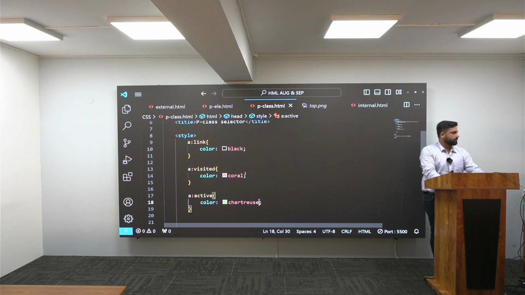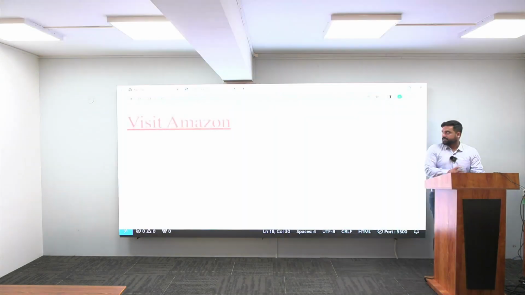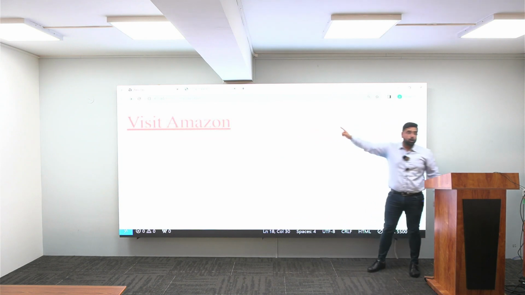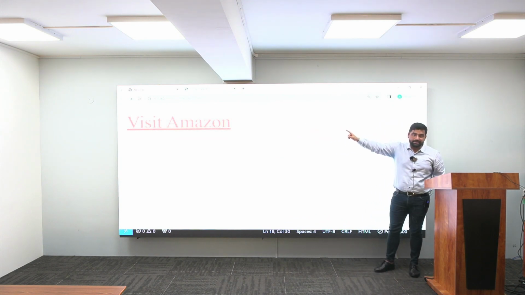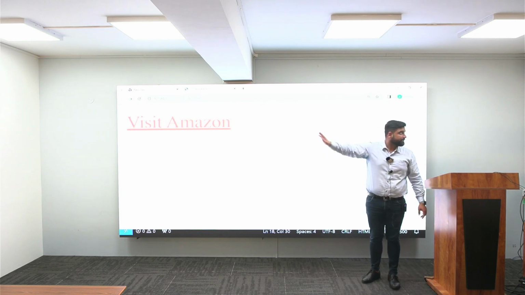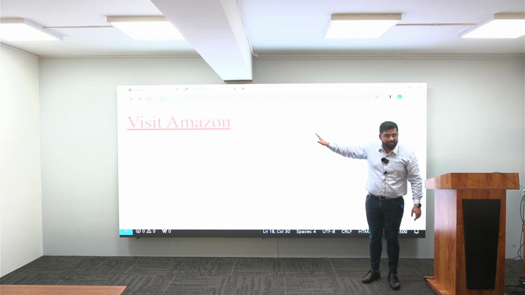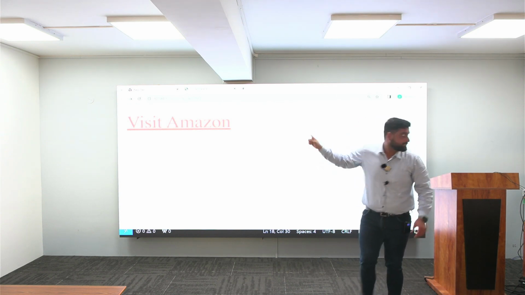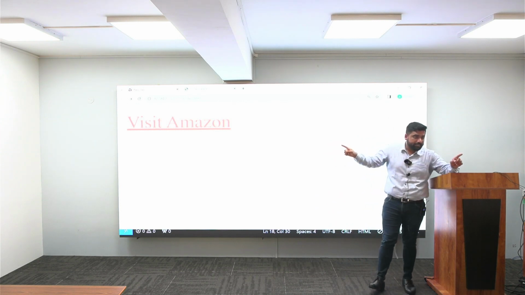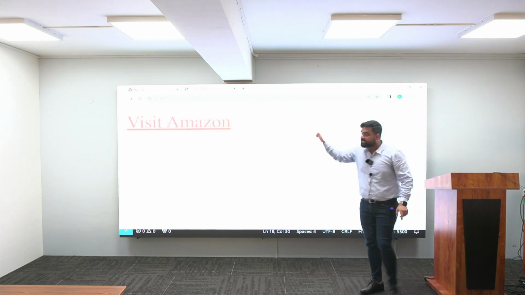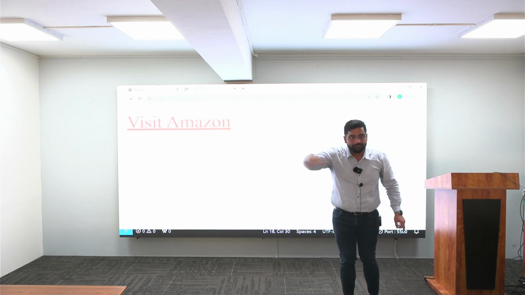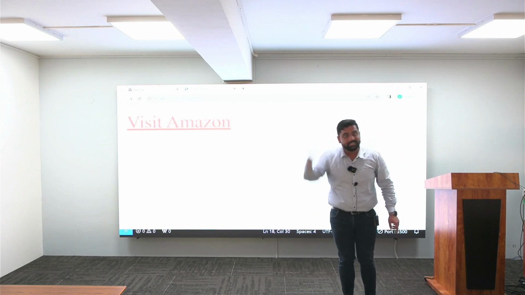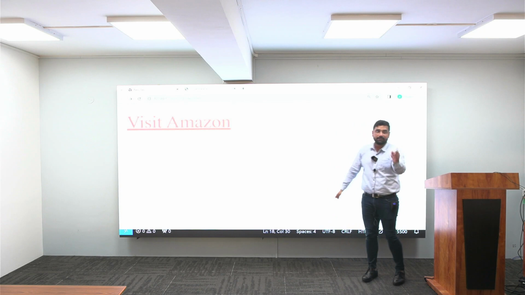Yeah, we can use it. Now please focus on what changes you will get. Right now, which color is it indicating over here? Coral, the coral I have given. Yes, for unvisited, it will not display. Why will it not display? Because this link has already been visited. So that is why it is not showing black over here. If it had not been visited, it would have shown black to you. But again, it is a visited link. That is why it is showing the coral that I have given.